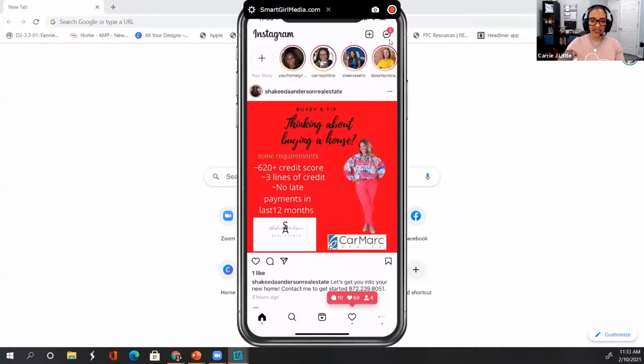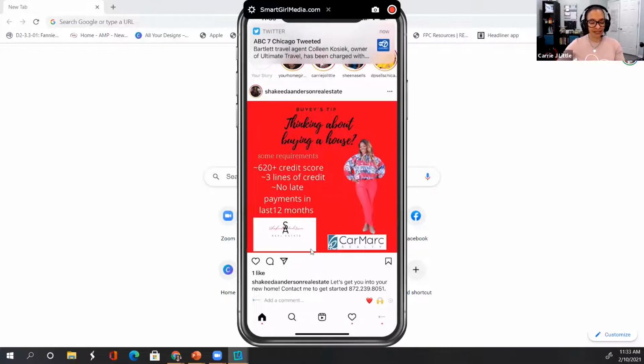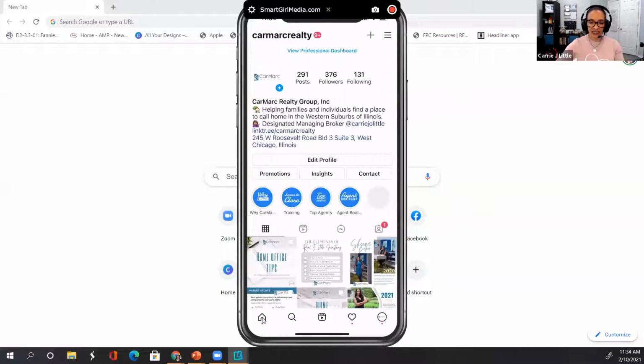So whether you're on the feed over here to the left, so this is one of my agents. It's okay, but I think I could clean her up because this is a lot of red. So don't worry. We're going to chat during the coaching call. I don't like to text them always because then they get stressed. So I'm on the home page, or I can click on my company logo at the bottom. The key is to remember this plus sign at the top gives you the ability to add content. If you don't see the plus sign here and it's at the bottom, you need to go to your App Store or your Play Store to update Instagram.